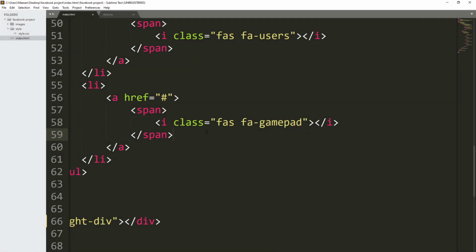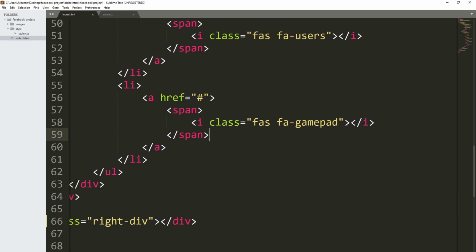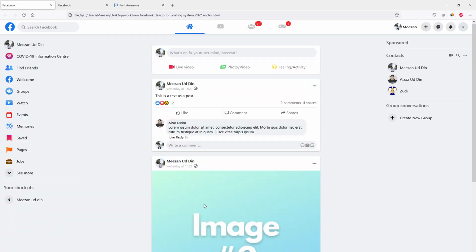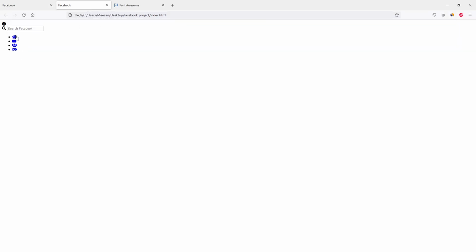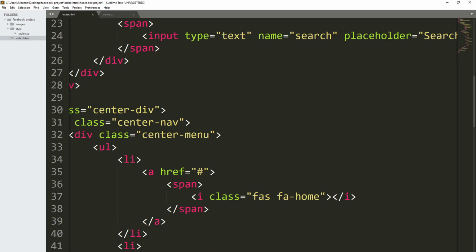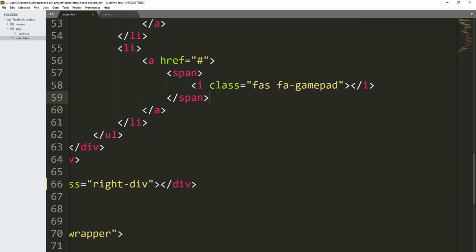Hello, welcome back, and you can see we have created the center navigation here. We have created another list and added the font awesome icon. As you can see, we have added the font awesome icon here, and right now what we are going to do here, we are going to create this right navigation in HTML. So let's get started. So first of all, open up the index.html file, and inside the file go to right div,